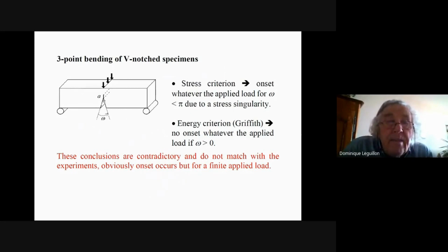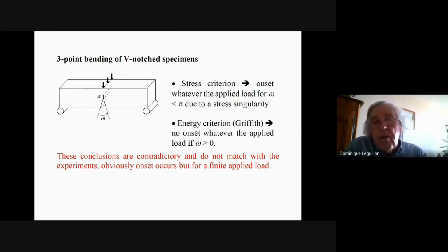But in that case, the tensile stress is infinite here at the tip of the V-notch. So it means that as soon as you load it, with a very small load, it's infinite, so it breaks. This is not really